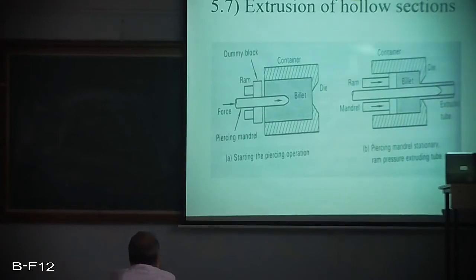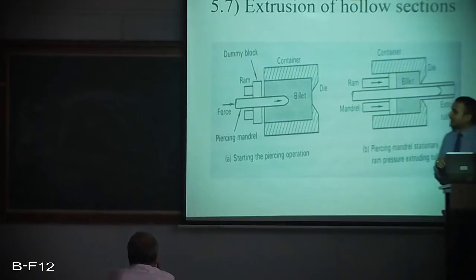So pipes and tubes, there are two types. The first one is welded pipes or welded tubes, and then there is seamless, that is, no discontinuity, which can withstand high pressure. So pipes and tubes without any seam can be used for high pressure applications. While extruding a hollow section, the mantle is attached to the ram.